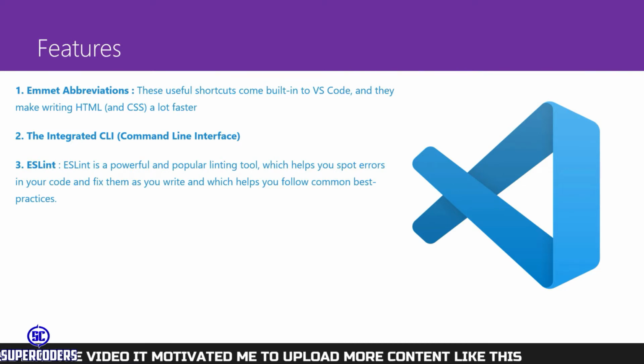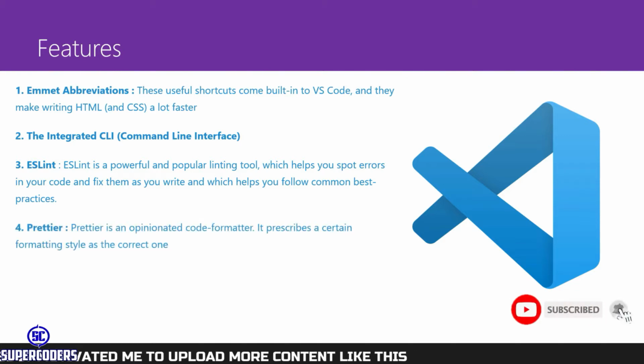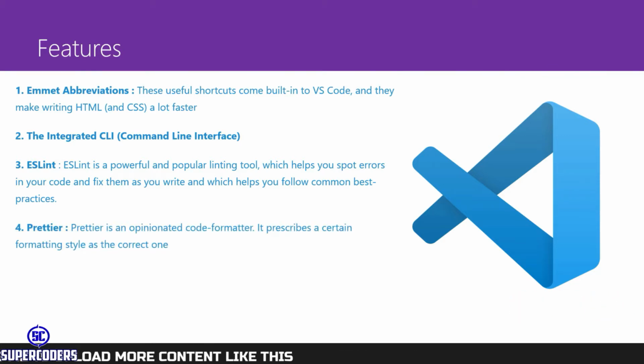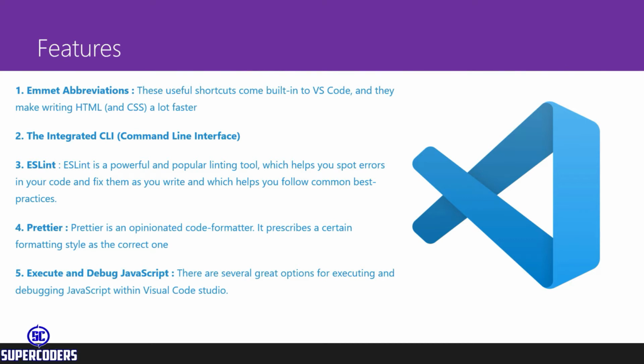Then come to ESLint, which is useful for finding errors, text and many more things. Then Prettier, which is used for formatting of web pages, like tab indentation, code correction, adding tabs, spaces, lines, unminify the code. So all these things come in Prettier, which is inbuilt in Visual Studio Code. Visual Studio also has features for debugging JavaScript code. So these are the 5 features of Visual Studio which are very important and very useful.